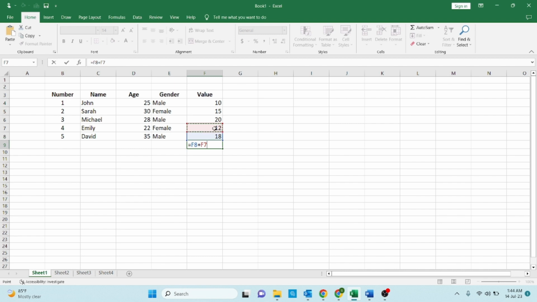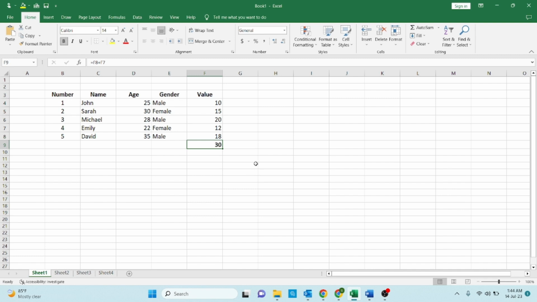That cell will be called F7 because it is in column F, row 7. So you read this formula as equals F8 plus F7. Enter. It sums